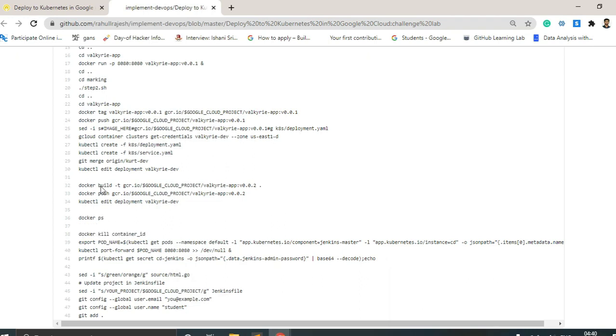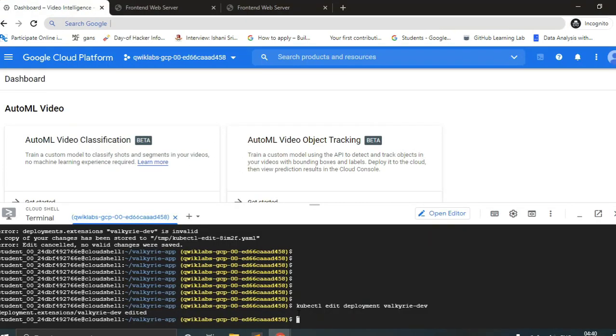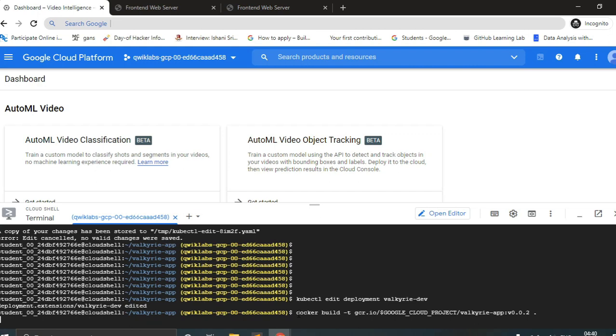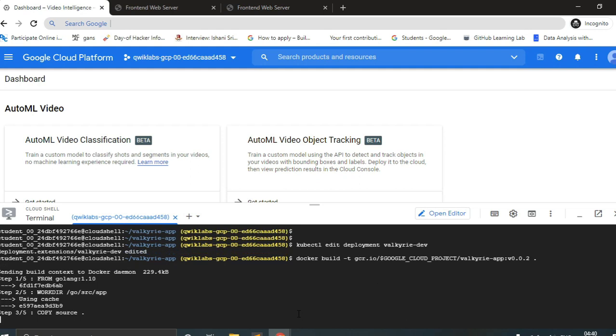Okay, I think we have copied the wrong thing. First of all, we will copy from this till this. I had copied till another edit command.